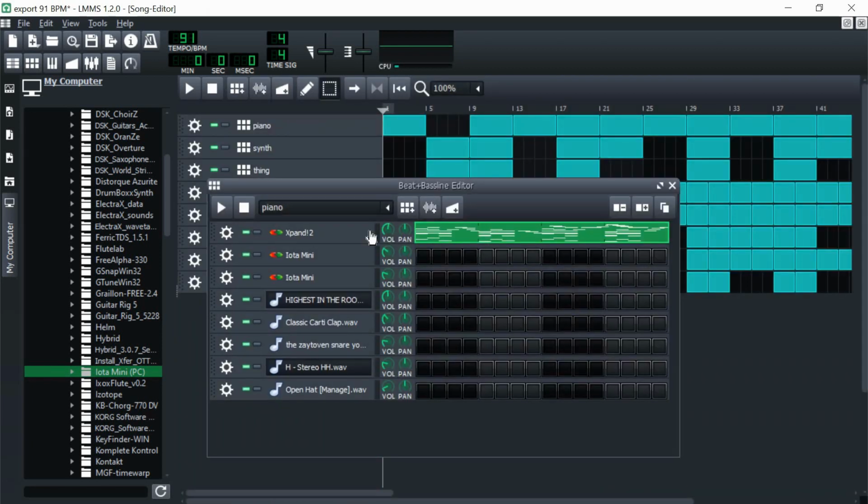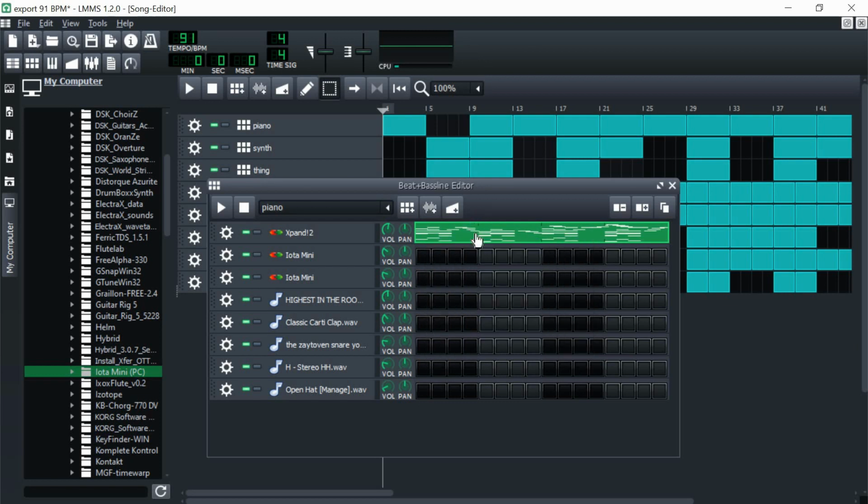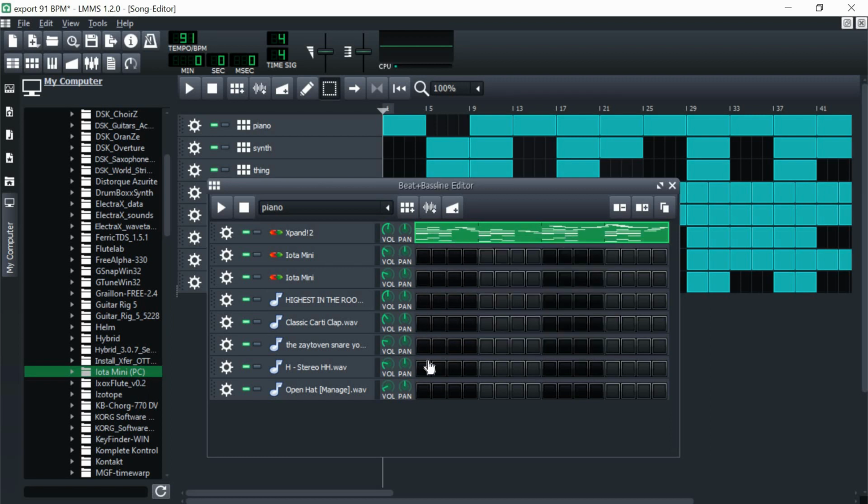So if I were to take a MIDI file from LMMS and put it inside of FL Studio or Ableton or Logic or whatever, it should work the same throughout all programs. And it also would work if you were to take it from one LMMS project file to another LMMS project file. So let's say you make a really nice melody, but you just can't do anything with the drums at that point in time. What you can do is you can save the MIDI file,